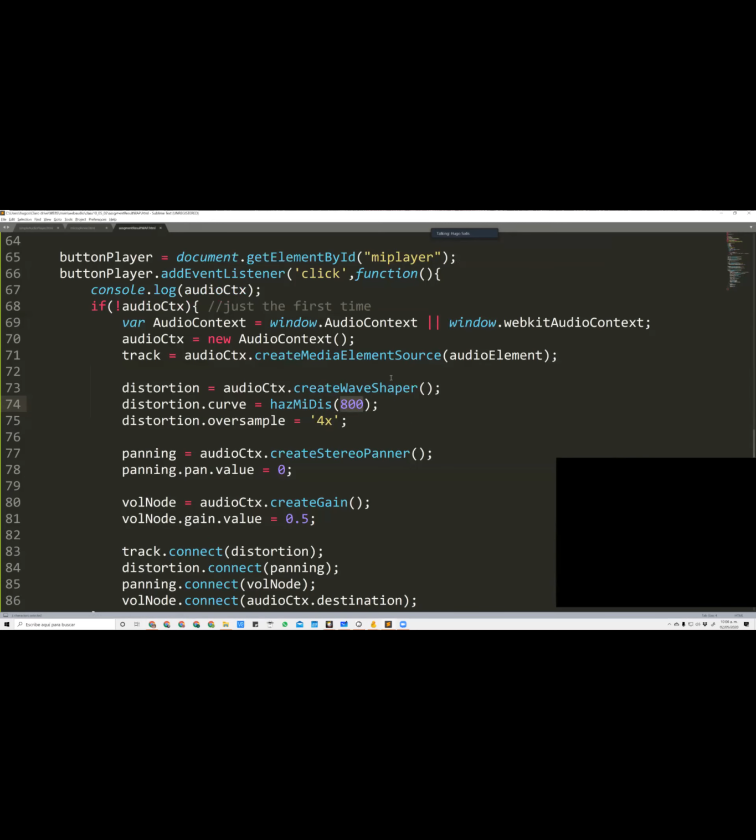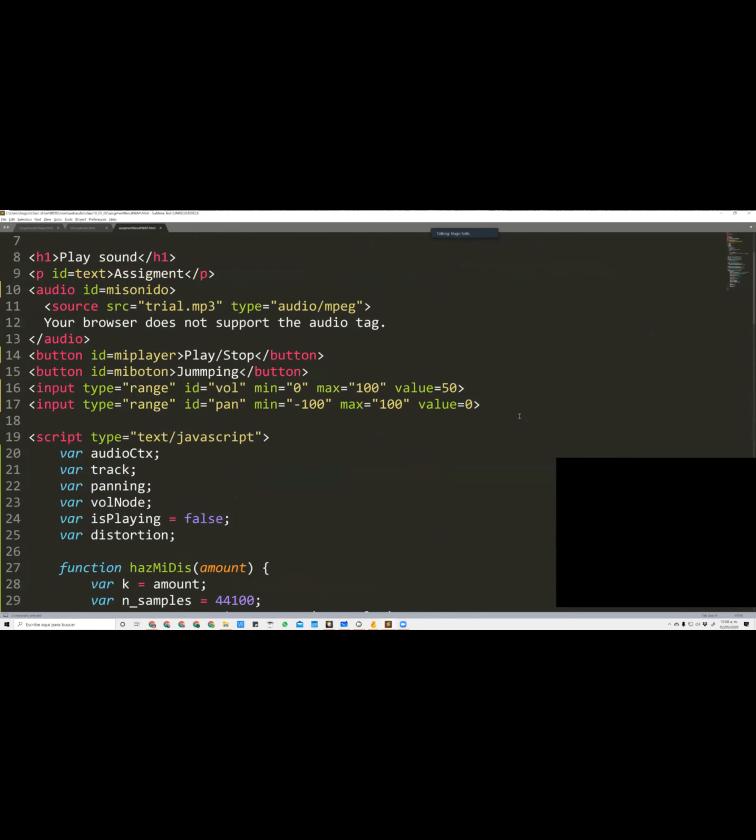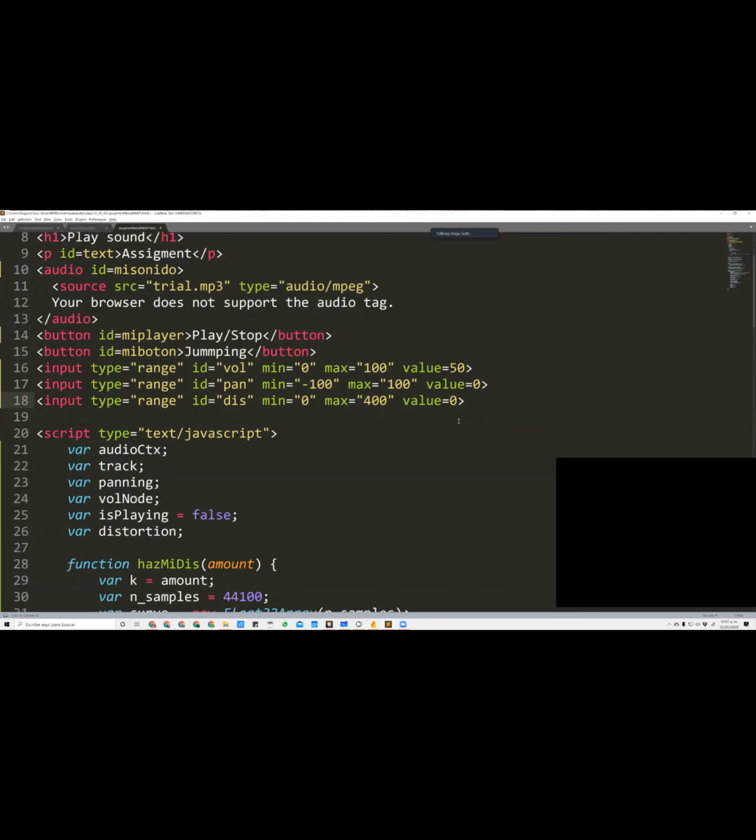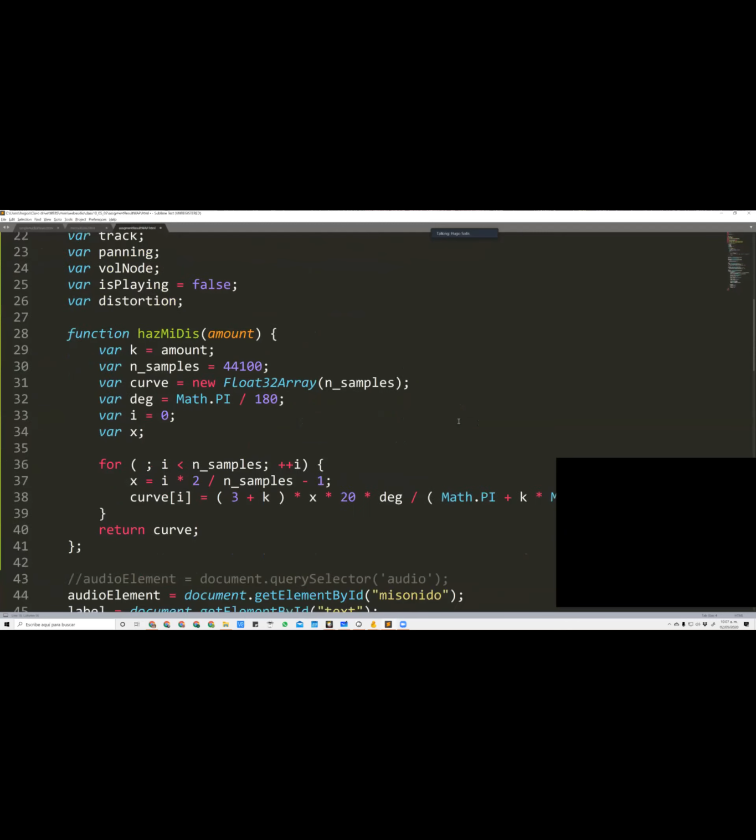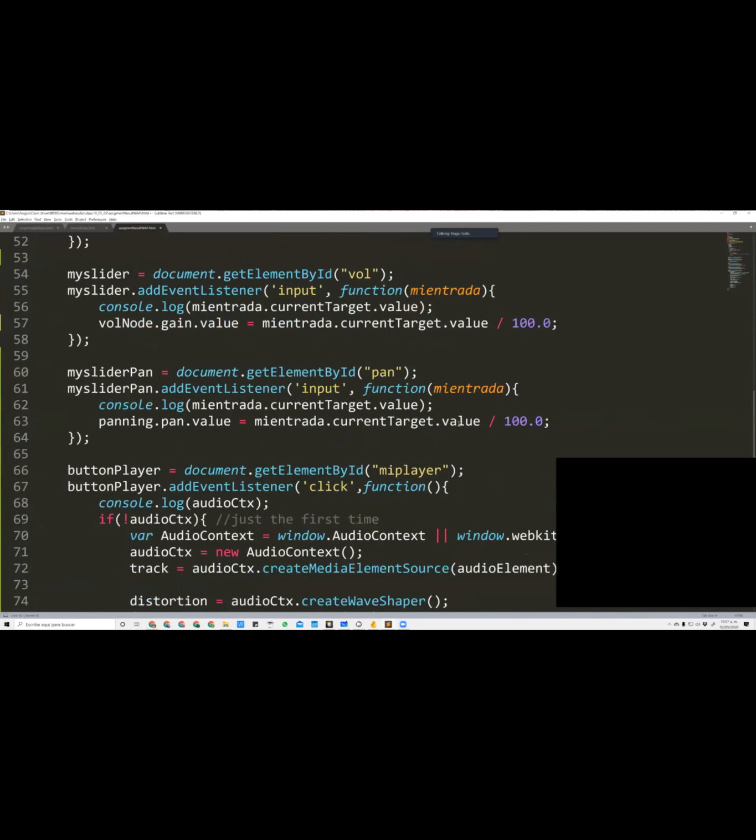However, the distortion requires a table. Well, let's add a new value. And this is just a repetition of what you have to do. This is distortion, okay? It's a range, and the range will go between 0 and 400, okay? Starting in 0. Then we need to do what we had in all the other sliders, right? So I need another,